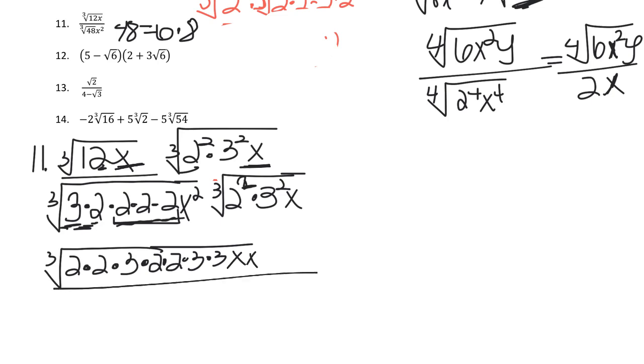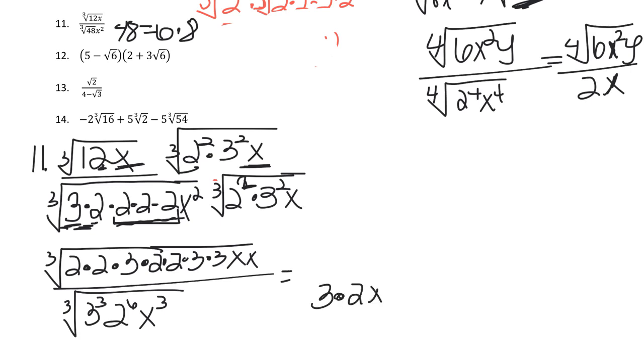I know that looks like a lot. And in my denominator, I'm going to consolidate a little bit. I get 3 cubed, 2 to the 6th, x cubed. So my denominator is going to simplify a little bit easier than my numerator, and that's always the case because we want it to come out even. So I get 3 times 2 squared x in my denominator, because the cube root of 2 to the 6th is 2 squared. And then my numerator, I have groups of 3, 1, 2,